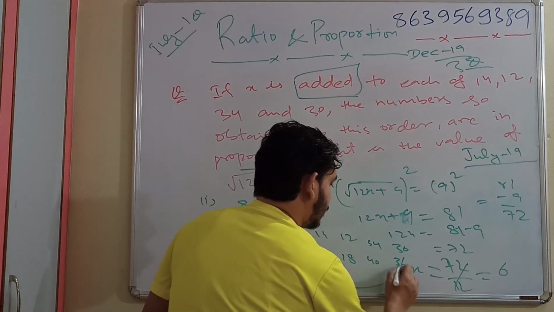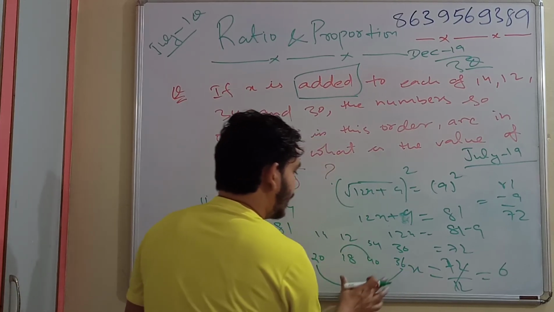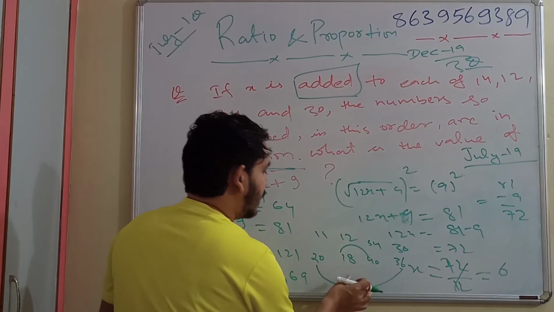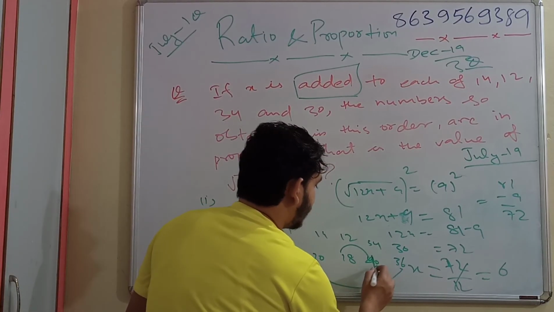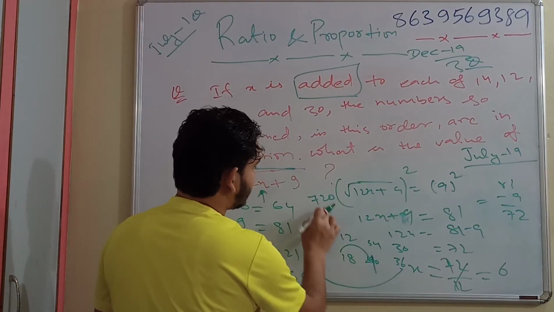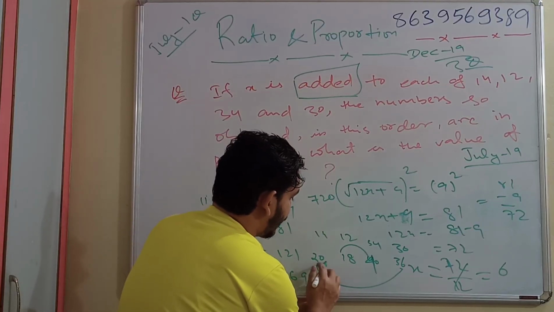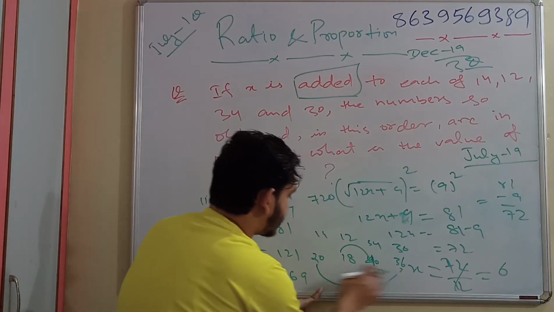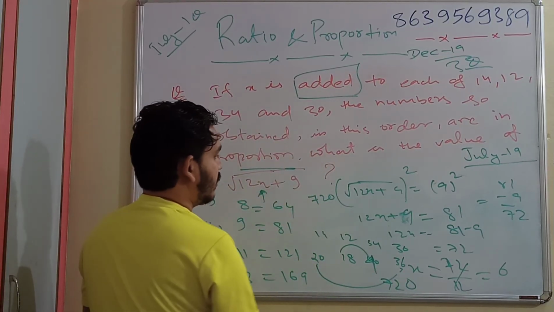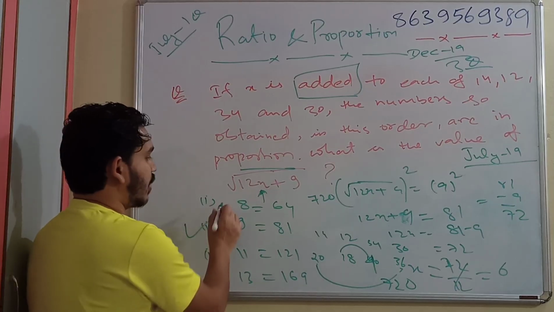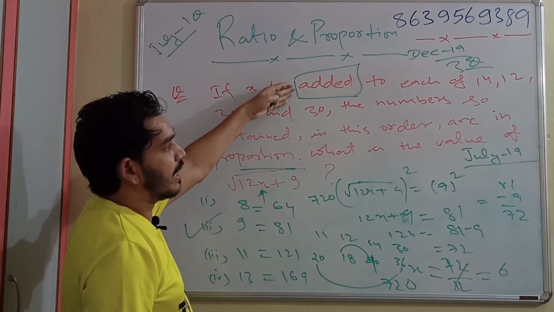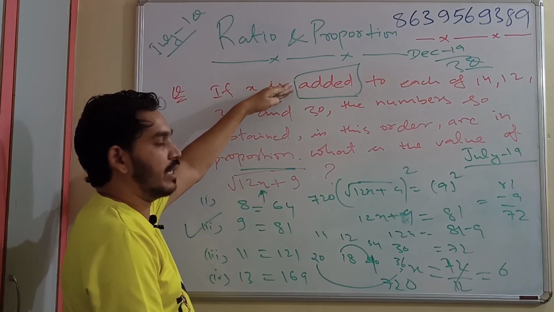To be in proportion, the product of the end elements should be equal to the product of the inside elements. This is 18 into 40. 18 times 4 is 72, and 0 means 720. And now 20 into 36 will be 36 into 2, 72 and 0, that is also 720. So the correct option would be the second option, that we can only verify indirectly. We cannot find it directly by adding or subtracting any of the numbers.